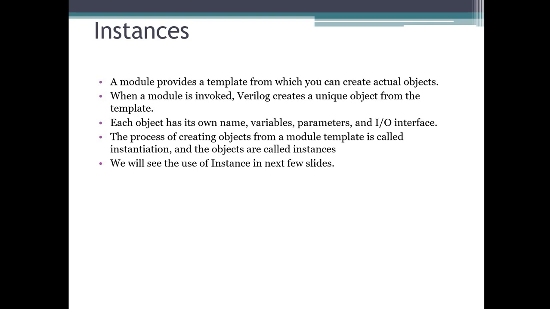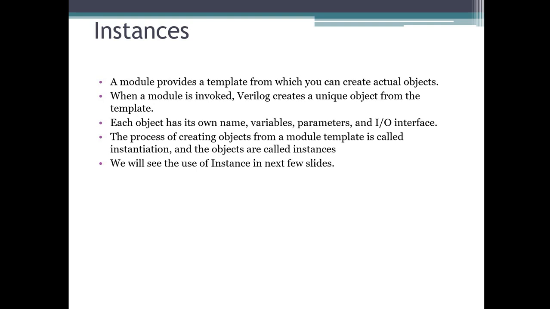This term is new for you guys, I can understand, but try to understand what I am saying: the process of creating objects from a module template is called instantiation, and the objects are called instances. A module will provide you a template from which you can create an actual object.